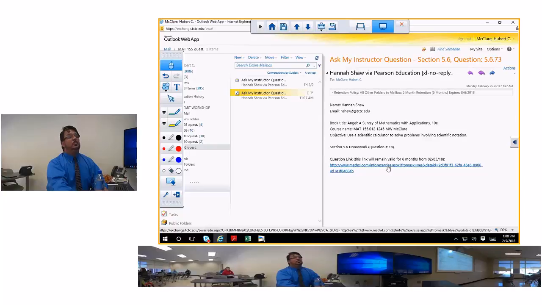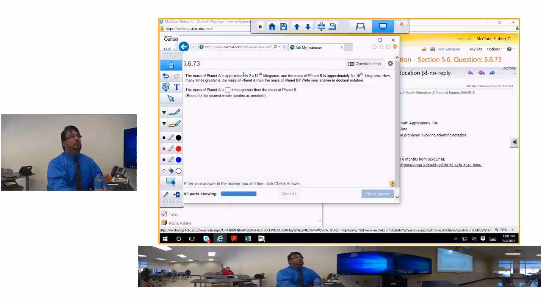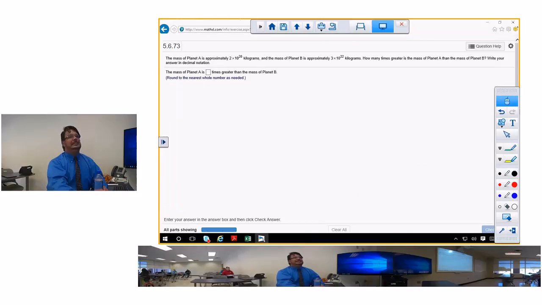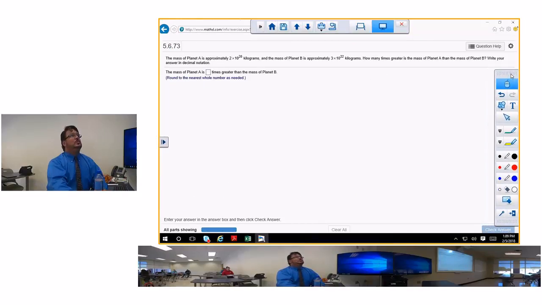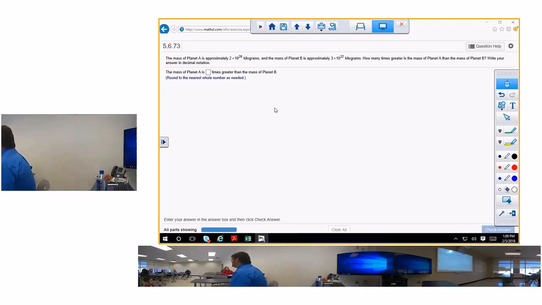5.673/18, and this is probably going to be a test question also. Yep, the one I showed you, I think I showed you this one, or one like it in the notes. It says the mass, okay, no, it's not distance, it's mass. The mass of planet A is approximately 2 times 10 to the 28, and so on. Okay, now, let's say that I